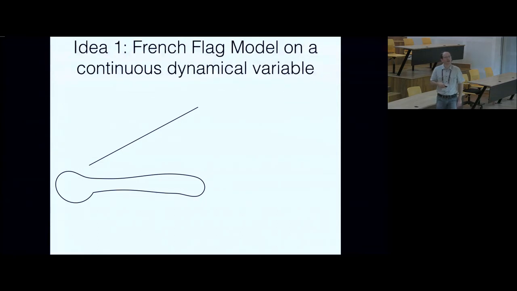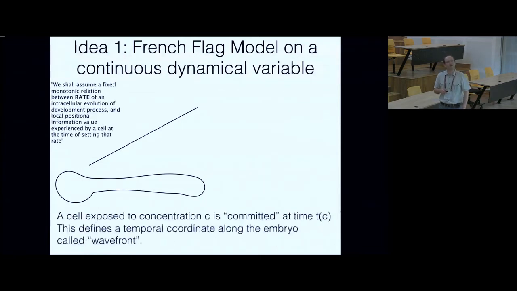And so the idea is that as development is going on, you're going to define essentially different checkpoints in development. And you could have many of them. For the segmentation, you could imagine that these checkpoints are going to be linearly distributed, but they do not have to be linear in time. And then the idea is that you create a temporal coordinate in development. So you have a time. There is a natural time happening in development.